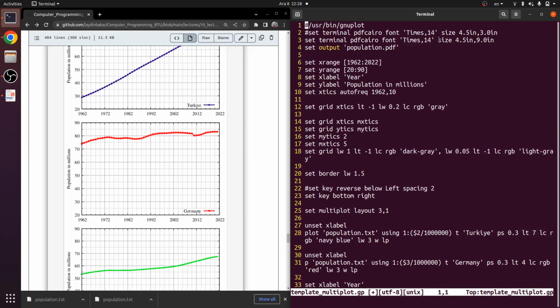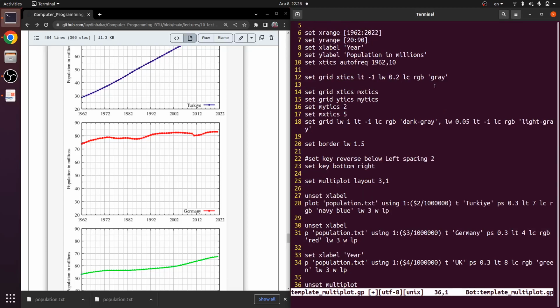Okay, this is the first change I made from my first code, and the other changes start from here. Set multiplot layout 3, 1, 3 rows and 1 column,